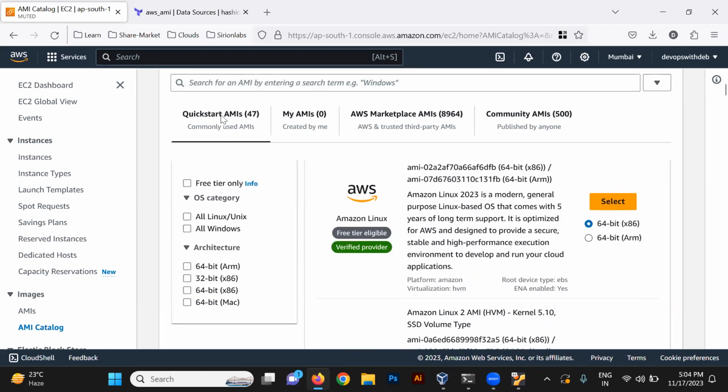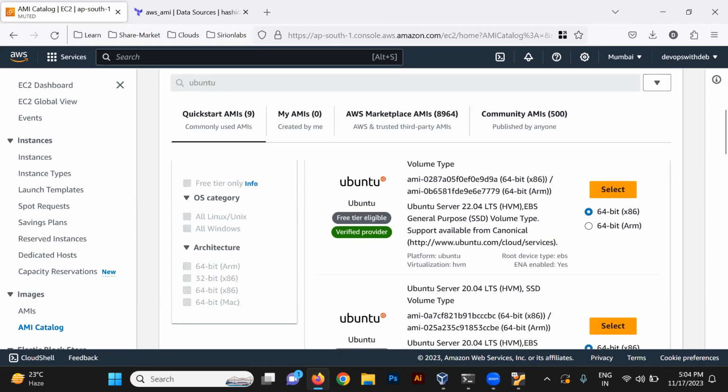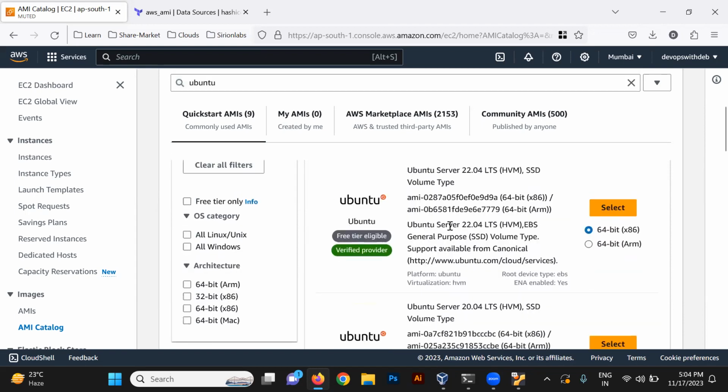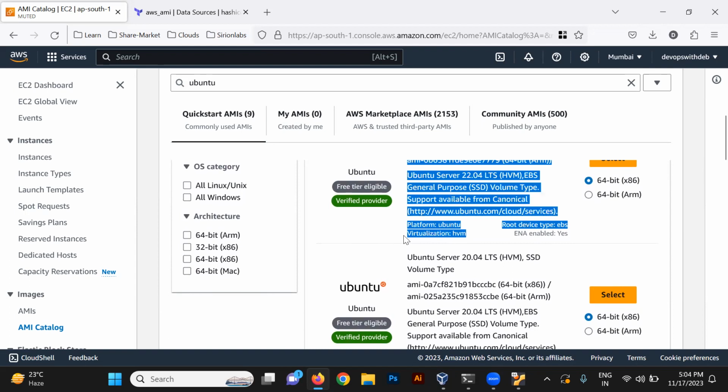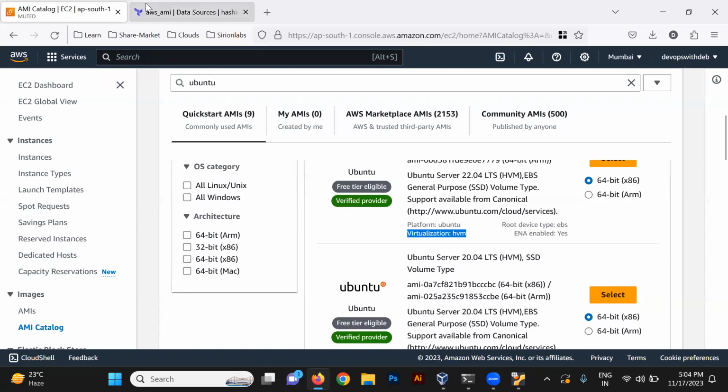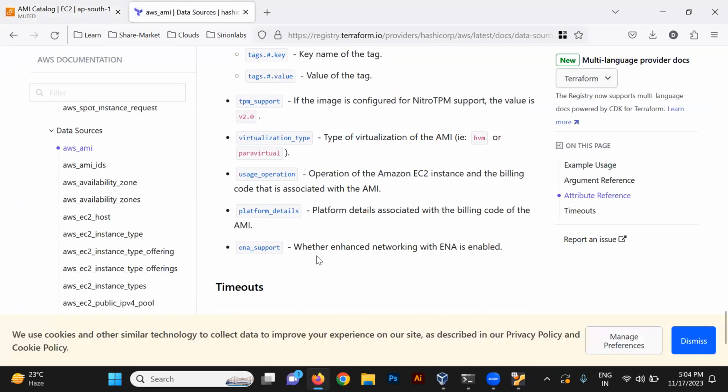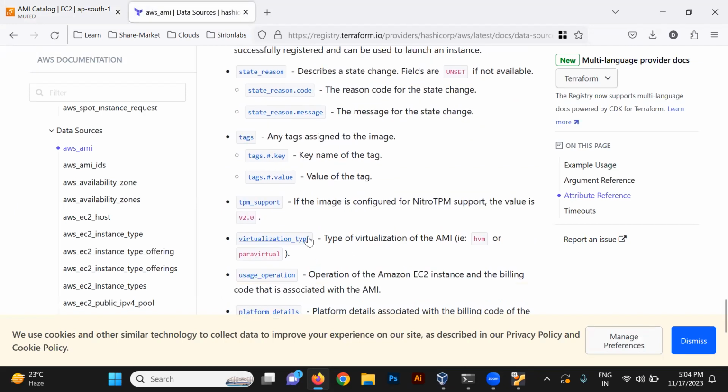So let's take an example. Click on Ubuntu only. Just search for Ubuntu. And what we need to provide, let me show you. Right, we will be just providing the required thing like this way. We are not using this AMI ID this time, right? We will be using this virtualization, like we want that virtualization technique would be HVM. All the parameters are already here. See, virtualization type, right? Just copy this,